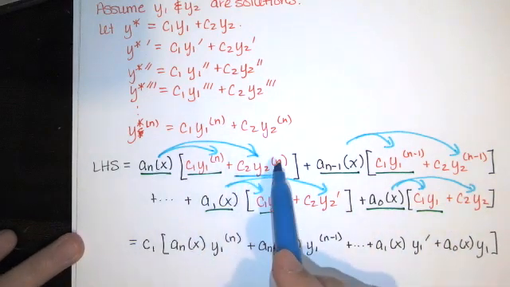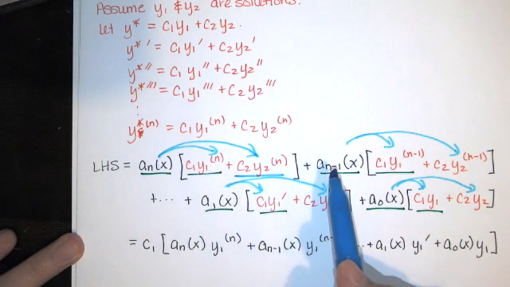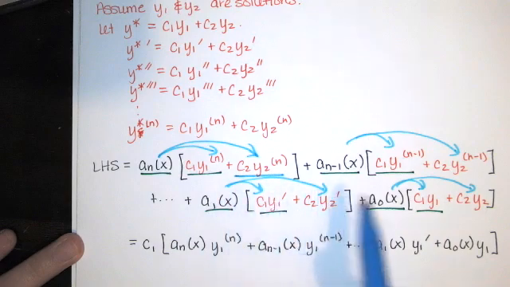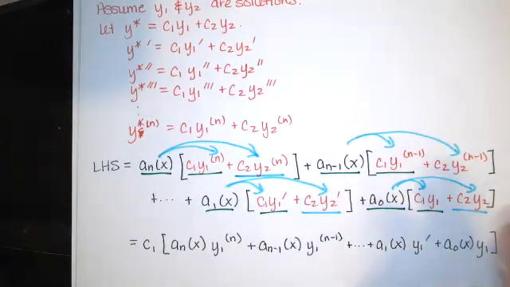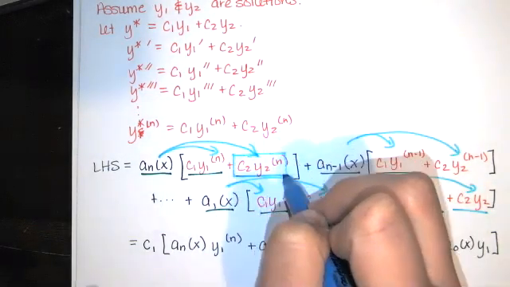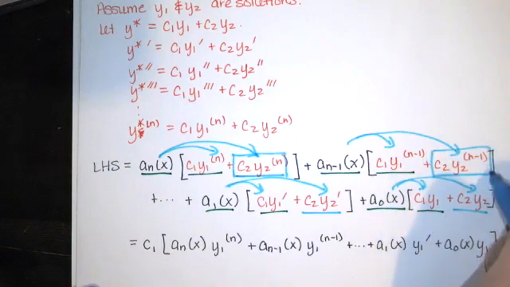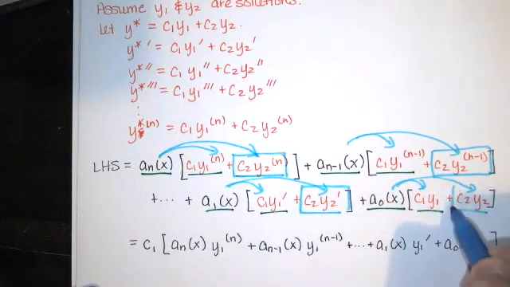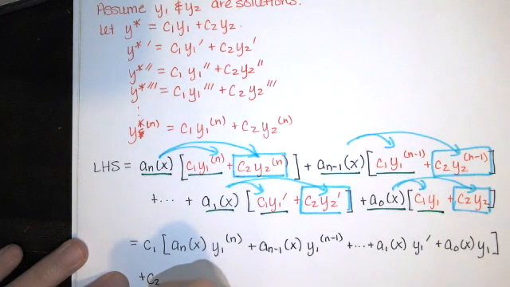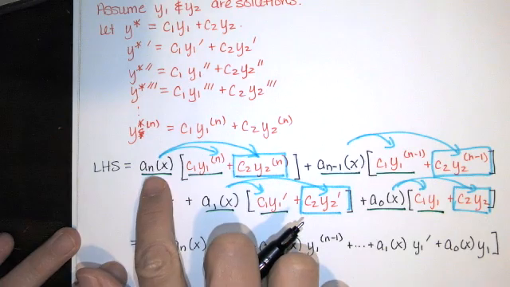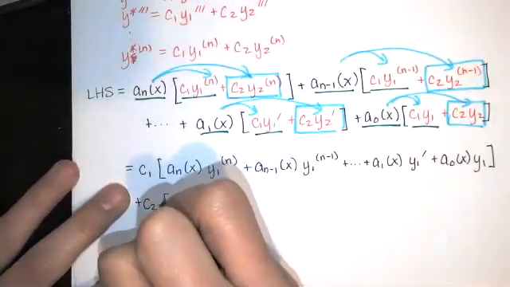So you've got this times this, and then over here you're going to have this times that, and this times that, and this times that, and so on. I want to factor out the C2 from the C2 terms, so I'm focusing here, and here, and here, and here now. I know this is a little bit of a mess, sorry. But I'm factoring out the C2, so I've got C2 times a sub n of x times the nth derivative of y2